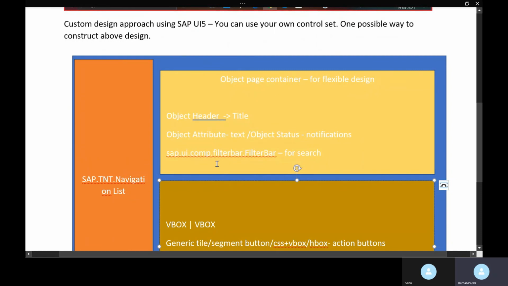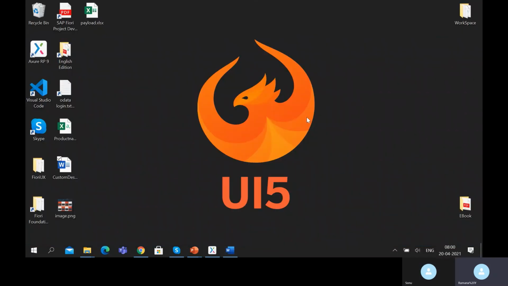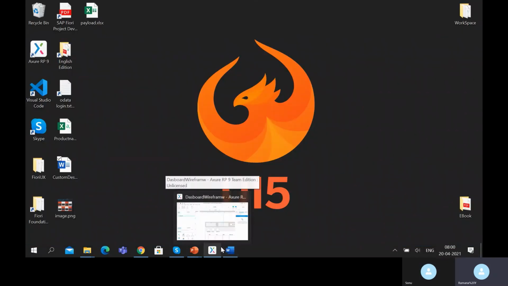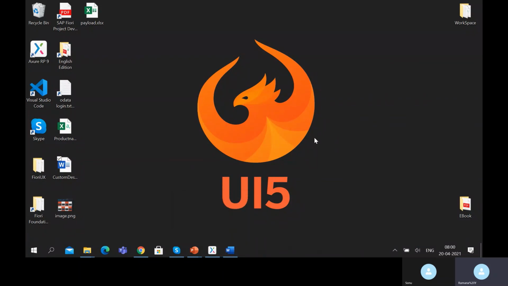So you are free to take any design, as complex as possible, try to design a wireframe for it and try to identify which controls to use. That practice will give us the ability to build it as well. Okay, any questions so far? No, I think